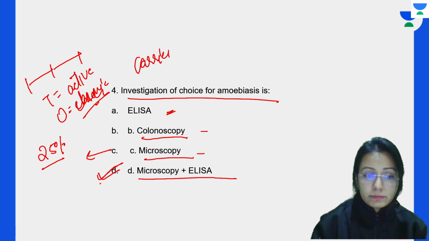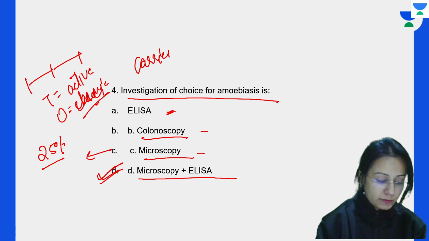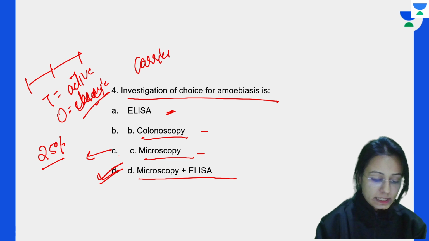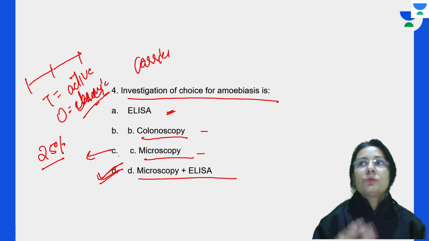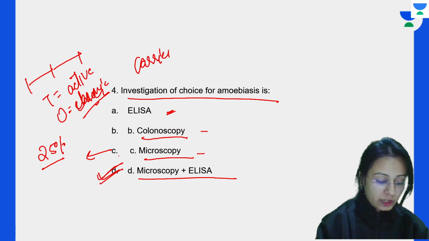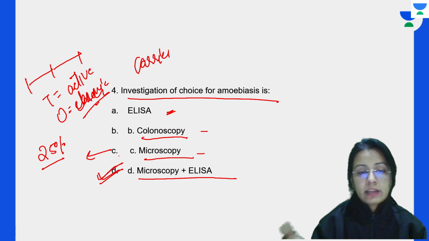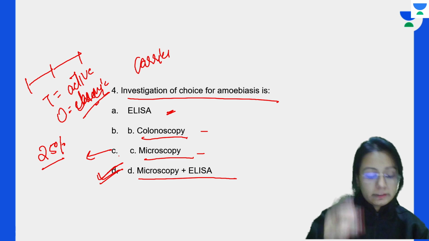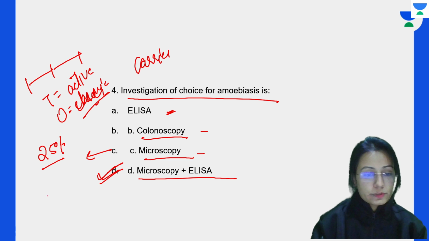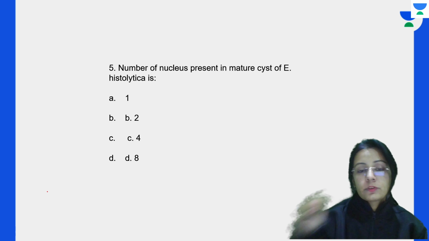And with that, microscopy and ELISA are the investigations of choice for amoebiasis. Microscopy is poorly sensitive, but the sensitivity increases up to 80% if we take 3 consecutive stool samples and check for the trophozoite and the quadrinucleate cyst. Now, ELISA is used to detect the lectin antigen, the amoebic lectin antigen, which is 170 kD. Apart from that, we use the polyxenic culture and the axenic culture